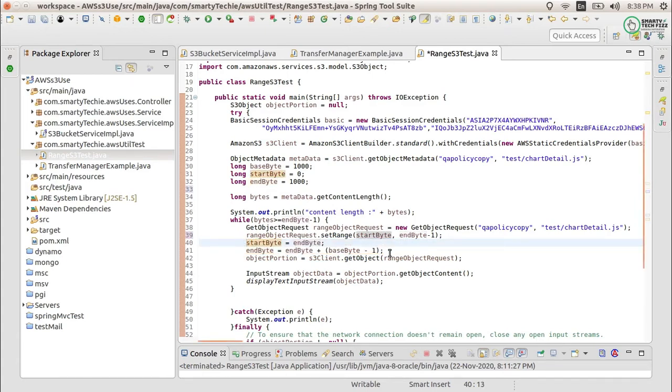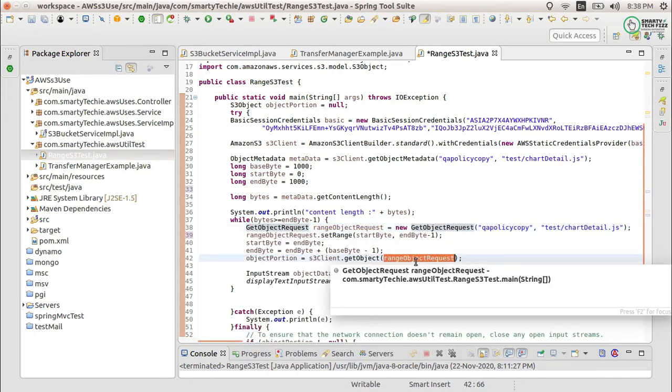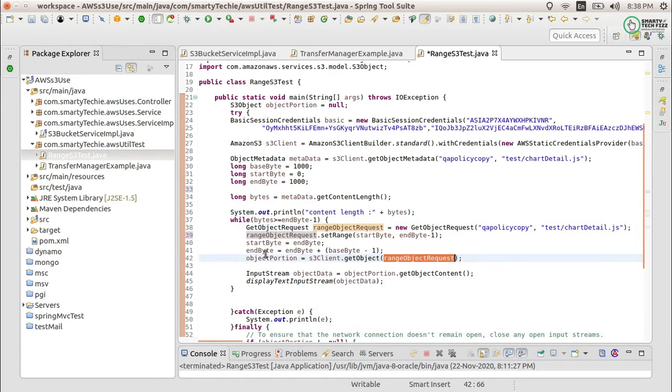After setting the range, I just use the S3 client object and get the object from the S3 client, providing the range object request which we have created here. So the range object request is provided, and it will return the object portion of it. What is the object portion?